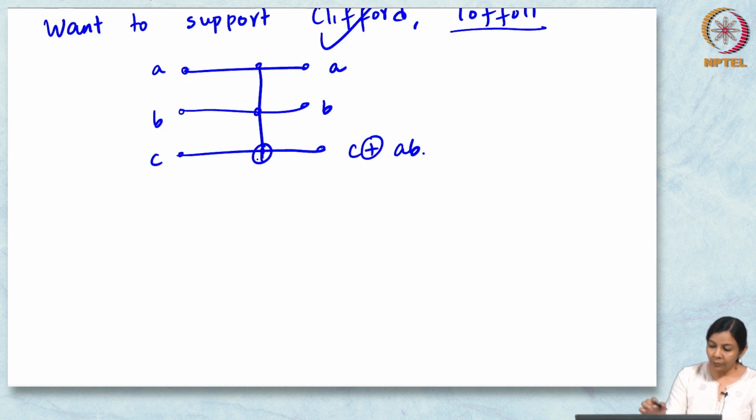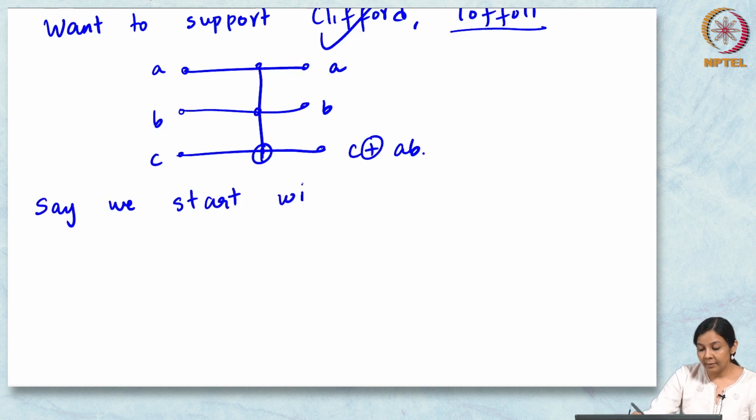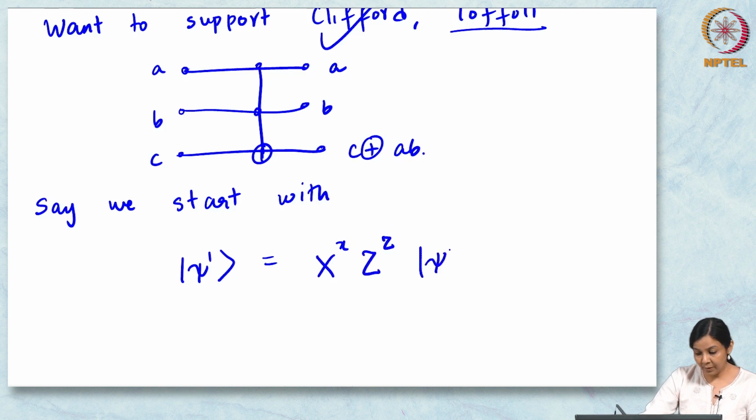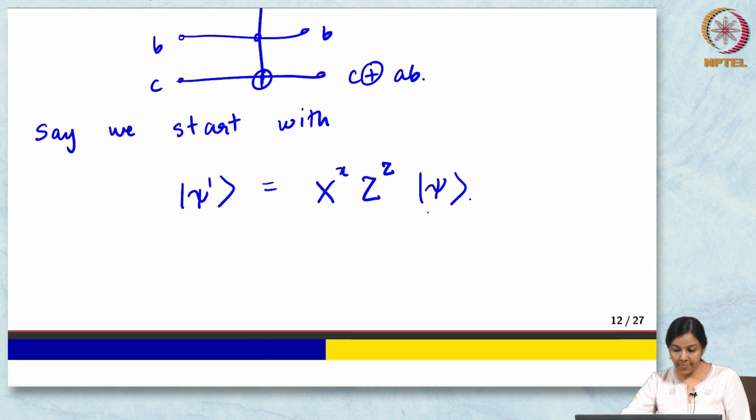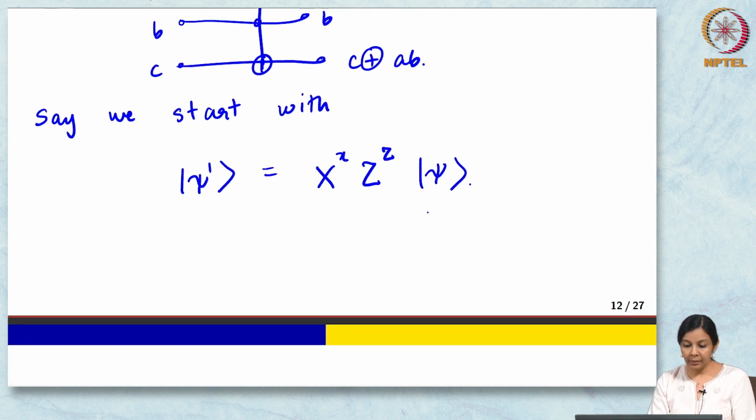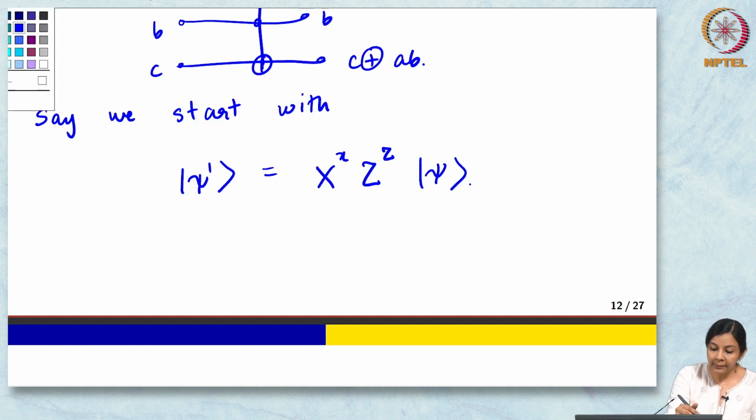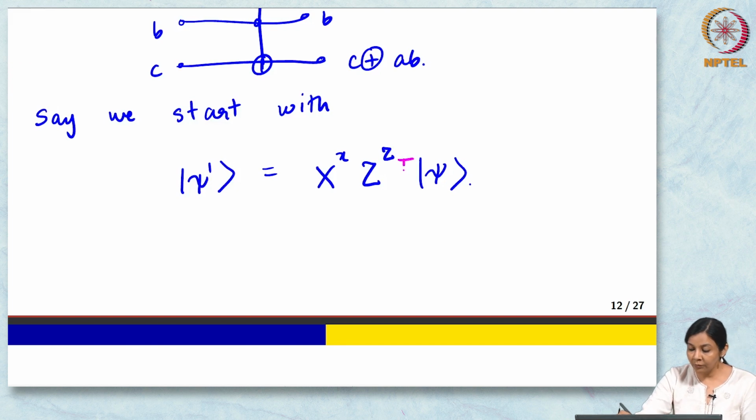So now we want to support this gate, and we are starting with some state, right. So we are starting with some QOTP state, which looks like X to the x, Z to the z, psi. Okay, and what do we want to do? So remember that our hope was to sort of put a T inside here, right. We do not mind changing the x, z to some x prime, z prime, but we want to insert one T over there.